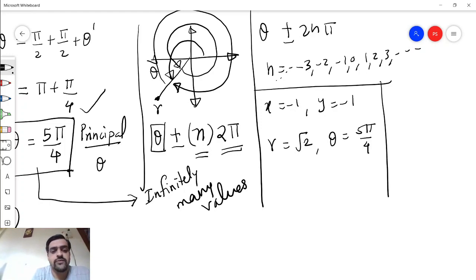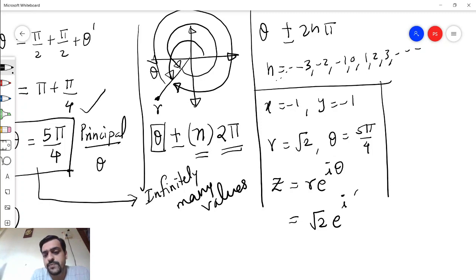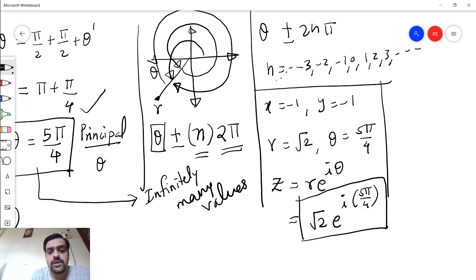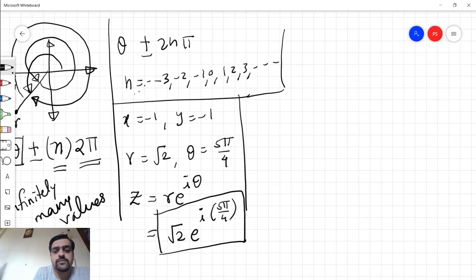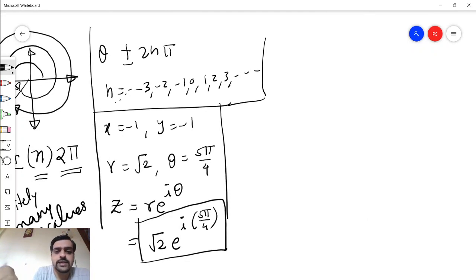So yes, we have represented the number graphically, and z is now, if we recall, can be written as root 2 e raised to i 5 pi by 4. So this is how we can represent the same number in polar form by taking help of diagram. Let us take another example,